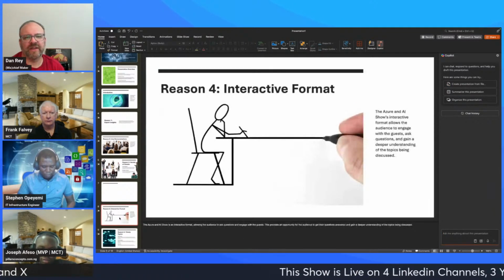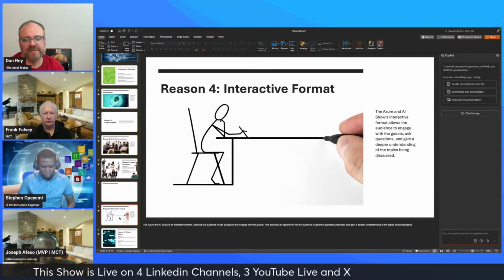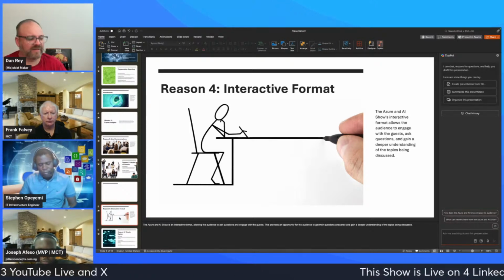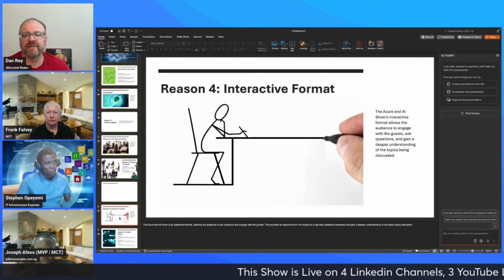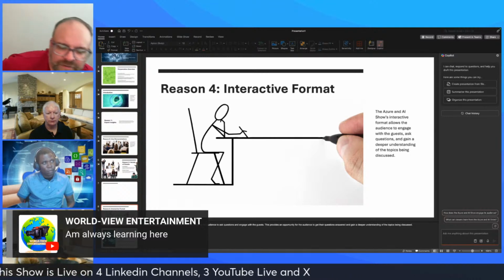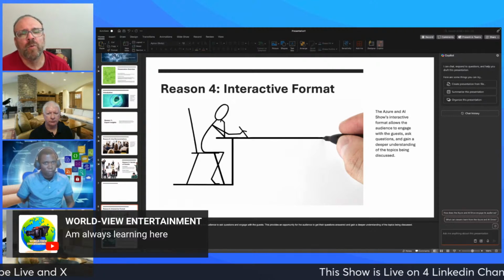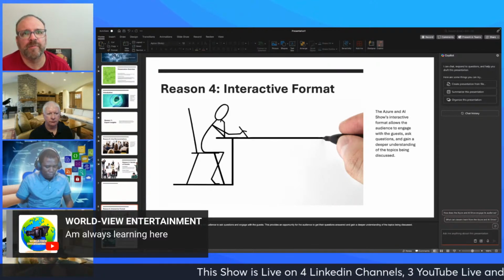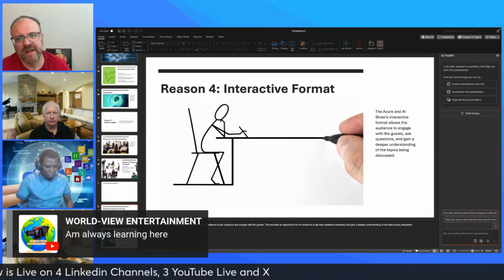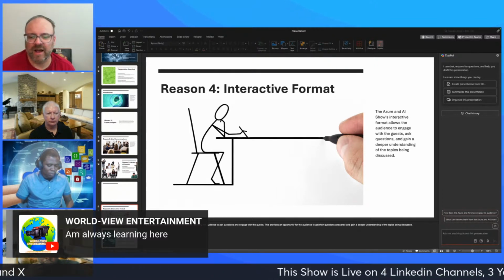Reason number 4 was interactive format. So in the same way that we are able to have guests on and interact with each other, one other thing that using StreamYard provides us is the ability to interact with our audience. So as opposed to this being something that we have to invite people to, and we have a limit typically of 10 participants because of our licensing with StreamYard, one of the things we could do is actually from any of the LinkedIn, the YouTube, Facebook, X, whatever platforms we are broadcasting to, StreamYard collects all of the activity,